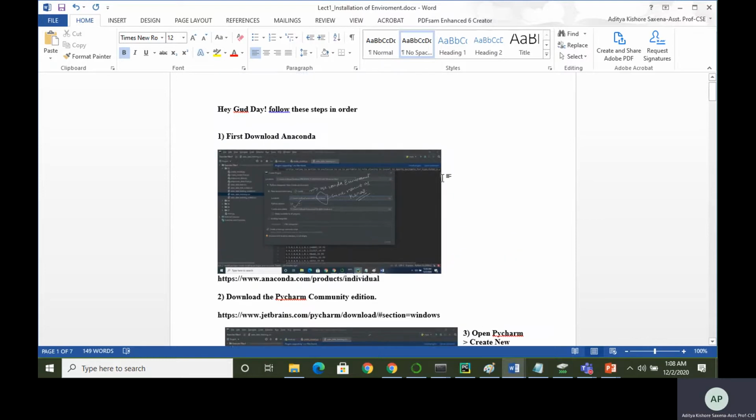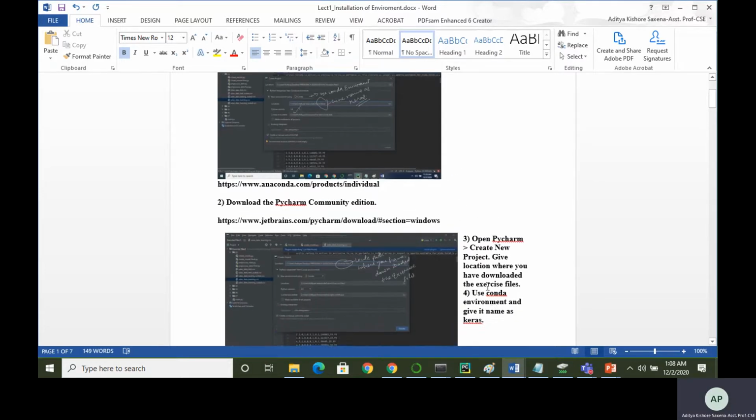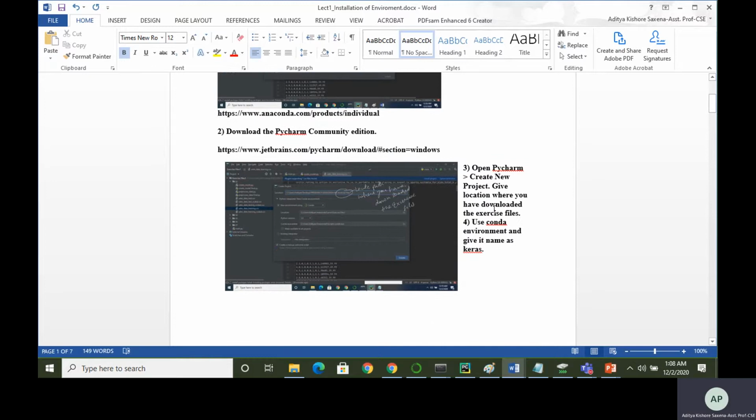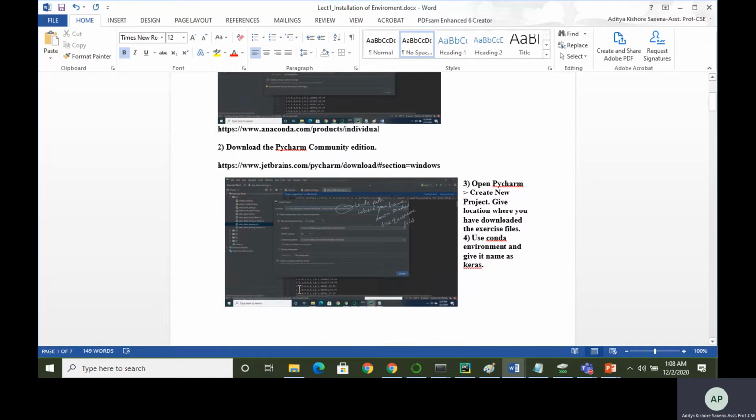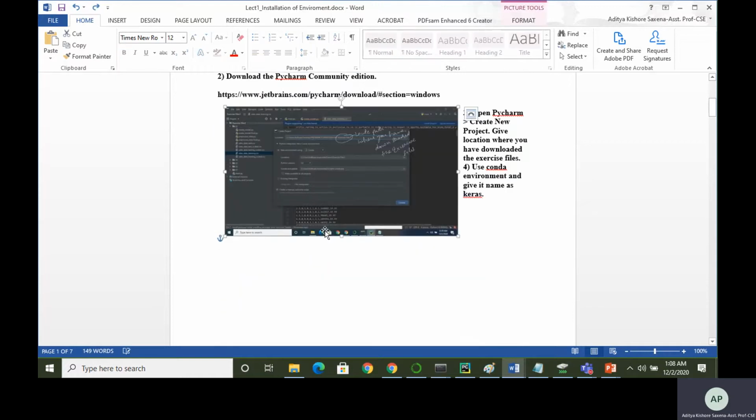Now open PyCharm. Create a new project. Give the location where you want to use that project.